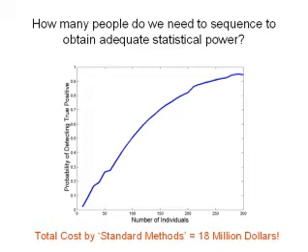So this curve, all you need to really know is that we would detect almost all of the mutations that we expect to observe if we sequence roughly 300 individuals with respiratory distress syndrome and 300 individuals without respiratory distress syndrome. There's a little caveat there, which is we're assuming that each of these mutations has a relatively large effect. Okay? The problem is, if we were to do this by standard methods, again, all we're doing is sequencing, it would cost $18 million. So that's a bit out of our lab's budget,